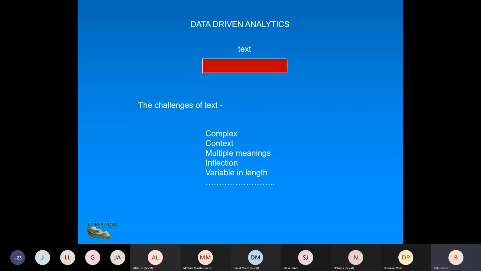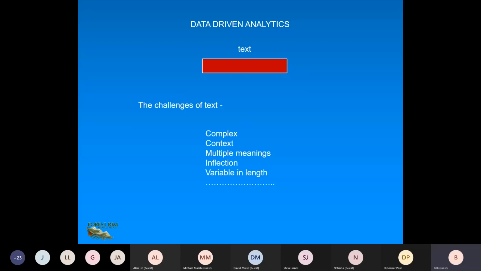So you say, okay, Bill, thanks for telling me this. This all boils down to text. And you see, computers are not very good at handling text. Text has got a lot of problems. It's a very complex problem. Why is text so complex? Well, first off, different people say the same thing different ways. They mean the same thing, but they say it differently.